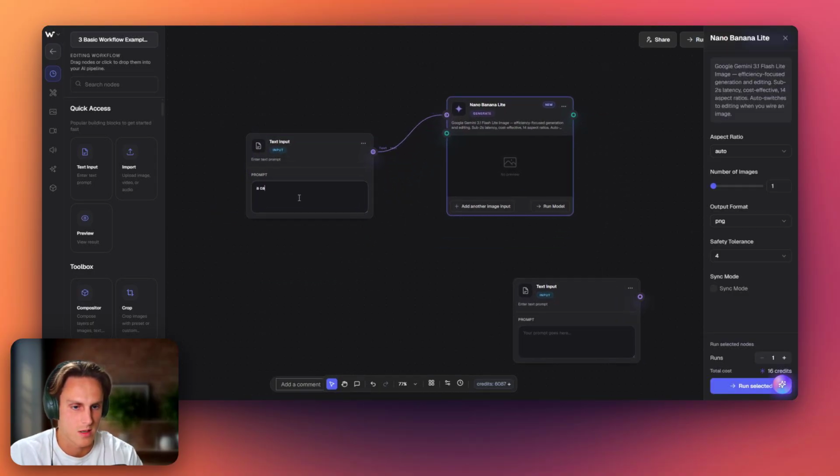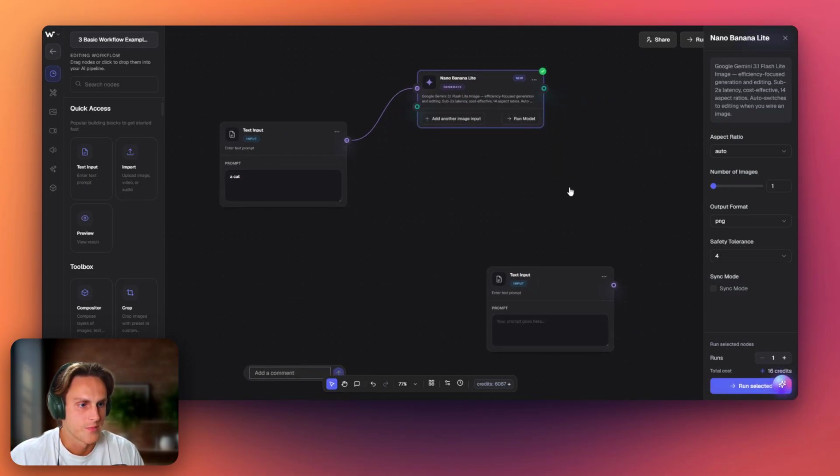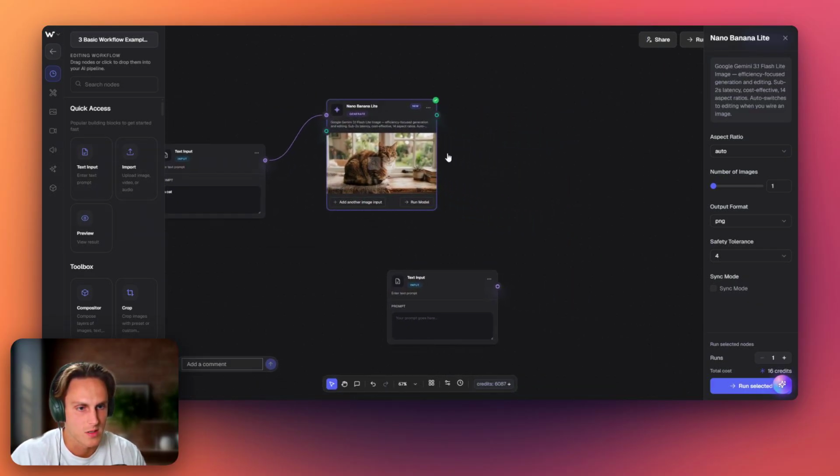So I can just write a cat. Then I'll just click generate. And so Nano banana Lite is one of the fastest image models, so this shouldn't really take that long. There we go. So we have Nano banana Lite, a cat,